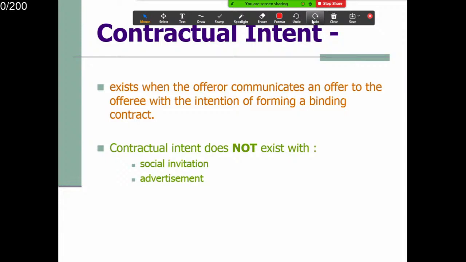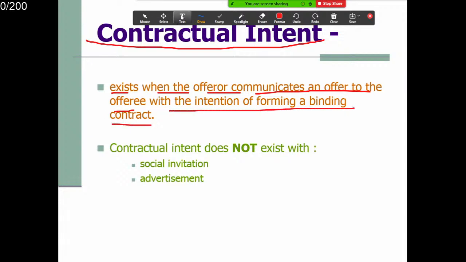Contractual intent. Okay. This is a very important point. Okay. Contractual intent. 你到底目的是什么东西？OK，你的协议的目的是什么东西？去买房子啊，还是交换房子啊，还是换房子？Right？怎么去操作？Right？It exists when the offeror communicates an offer to the offeree with the intention of forming a binding contract. OK，这是用协议来表达怎么去操作这个买卖。OK，我的目的是什么东西？OK。